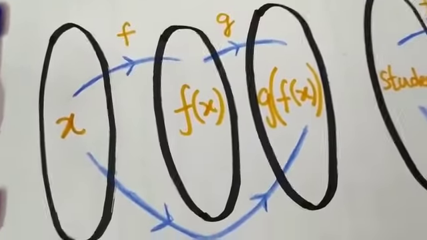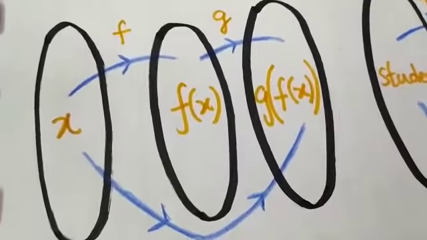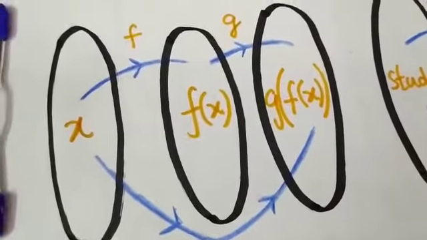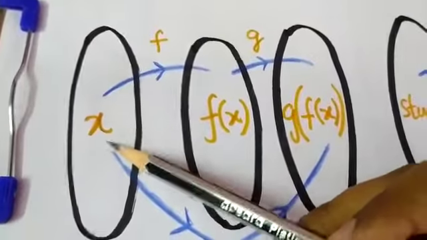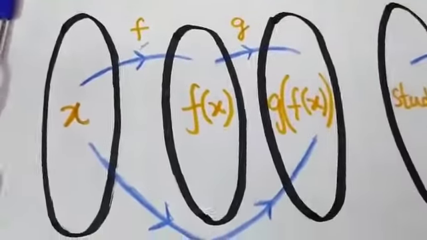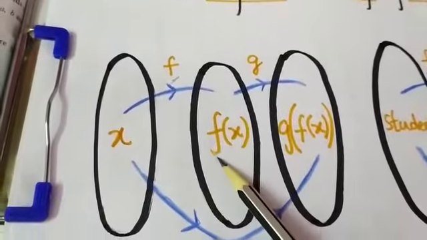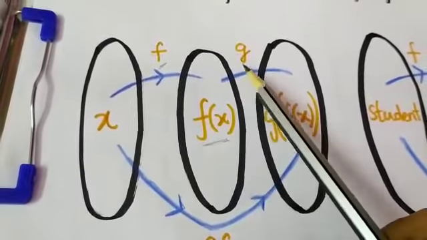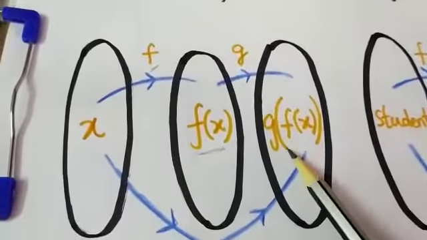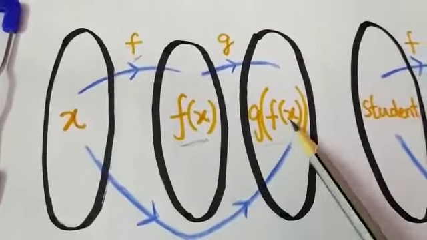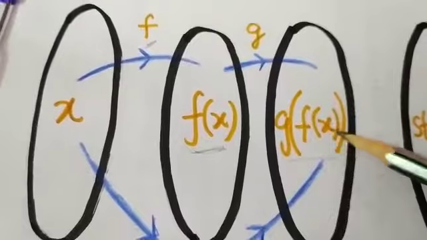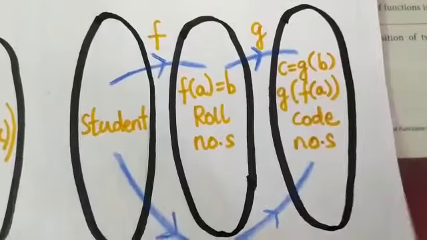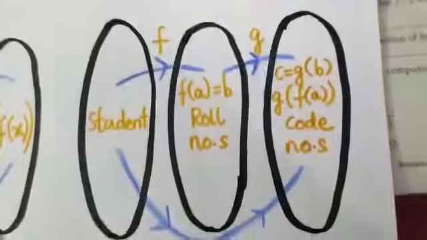If f and g are two functions, then the composition g of f of x is formed in two steps. Let me drop an input x in the machine called f. So I'll get the output as f of x. Now when I take this as input and put it in the machine called g, I'll get the output as g of f of x, and we can call it g∘f of x. So this is an example of the composition of functions.